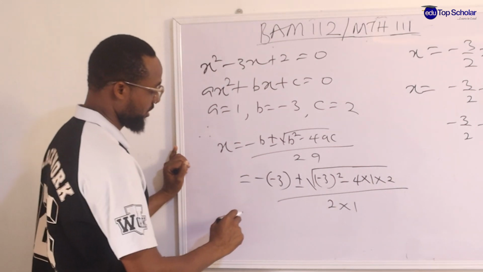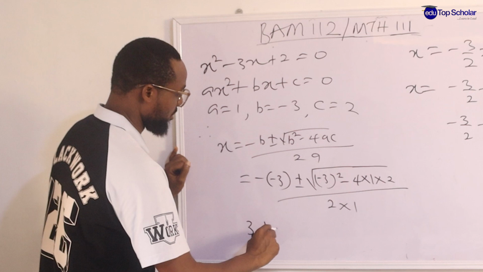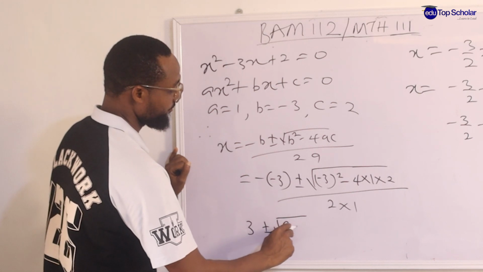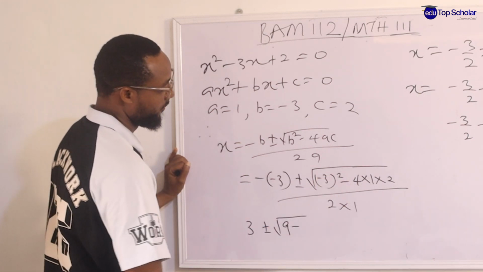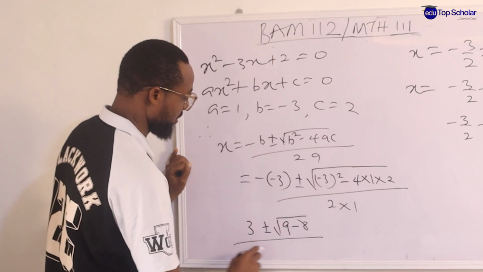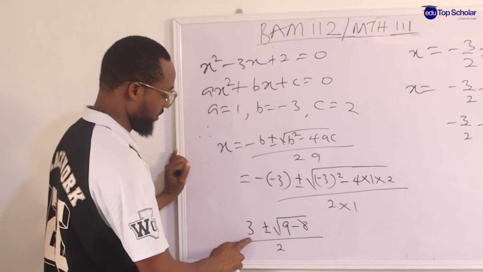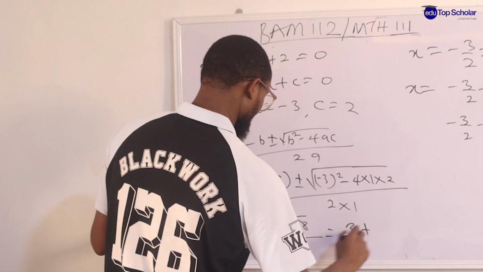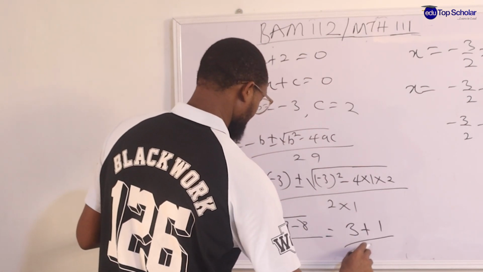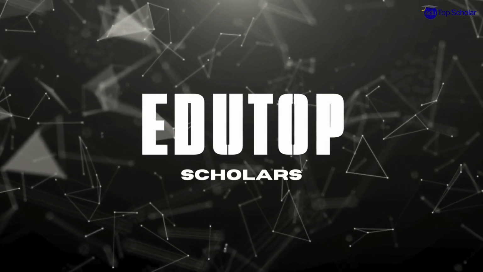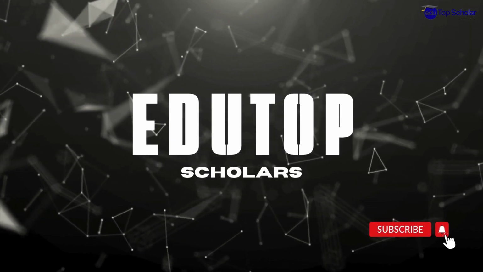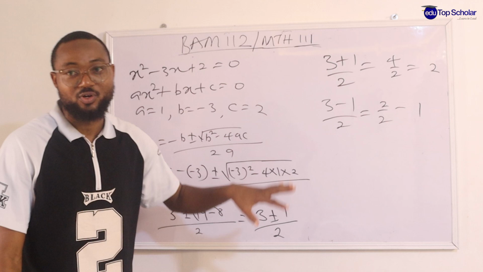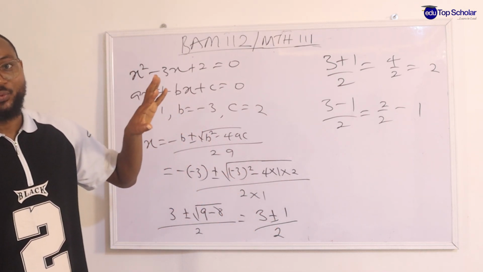And this will give us 3 plus or minus roots. This will be 9. 9 minus 4 times 1 times 2, that's 8. All this over 2. And this will give us 3 plus or minus root 1, which is 1, over 2. Therefore, we have been able to deal with the first part of this, which is the factorization methods and the completing the square, which leads to